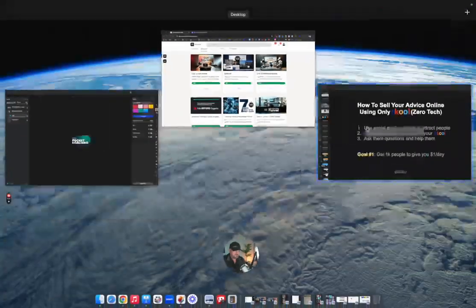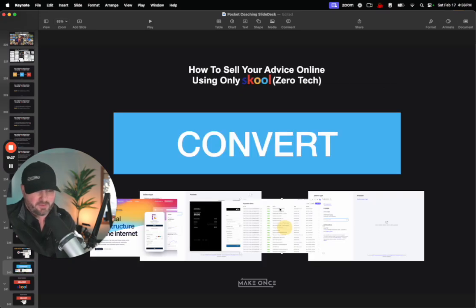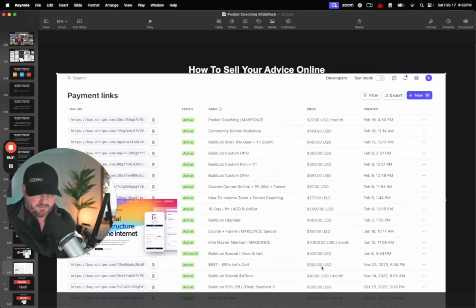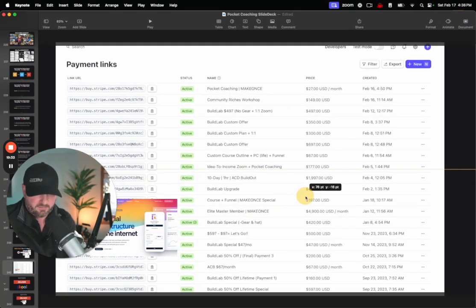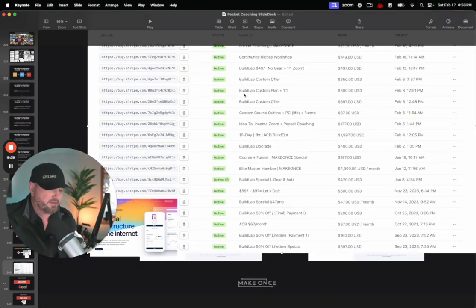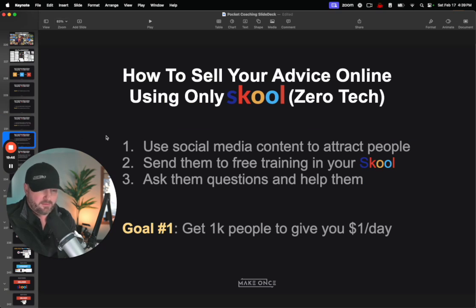Let me get this put down. Okay, you can create payment links real simple, and you can create them for all different price points. You can see here all the different ones that I charge. And then you can just copy this payment link right here and stick it in. It's a link, and then they can pay it, and when they pay it, you get paid.